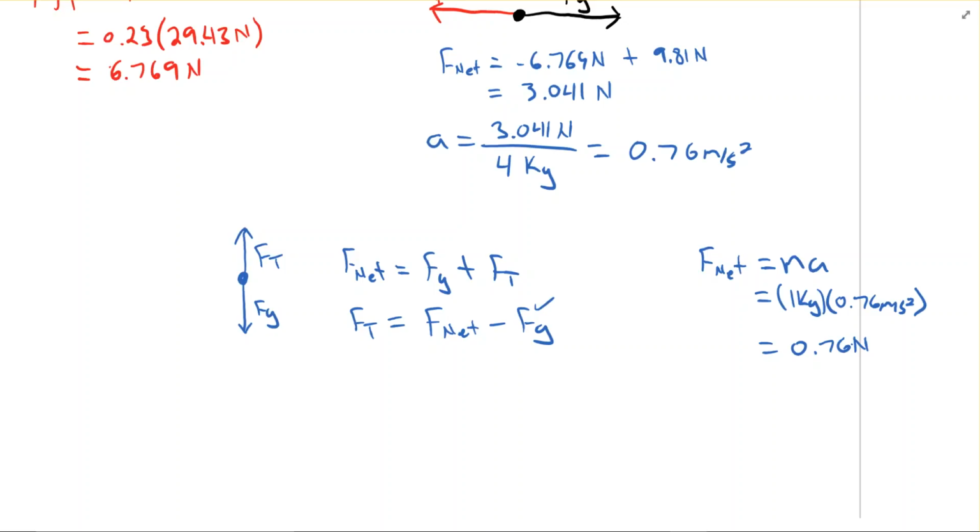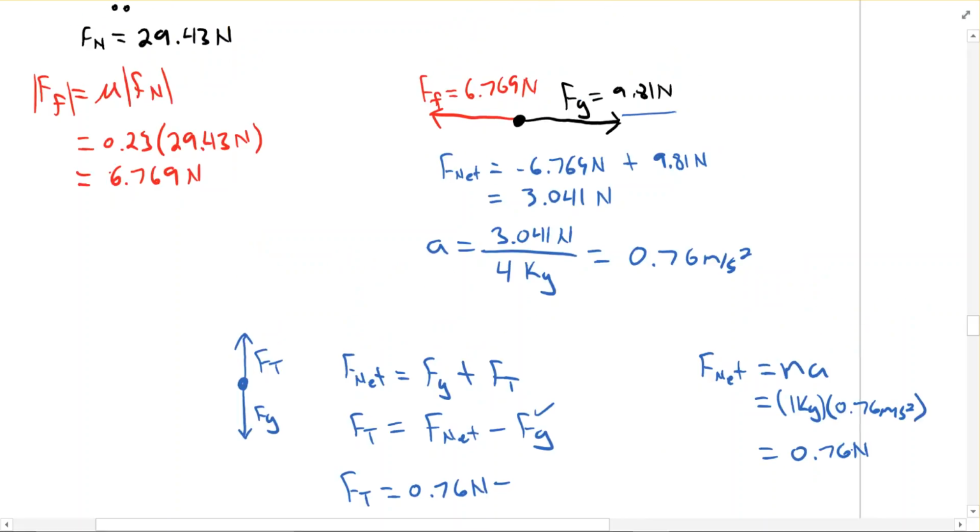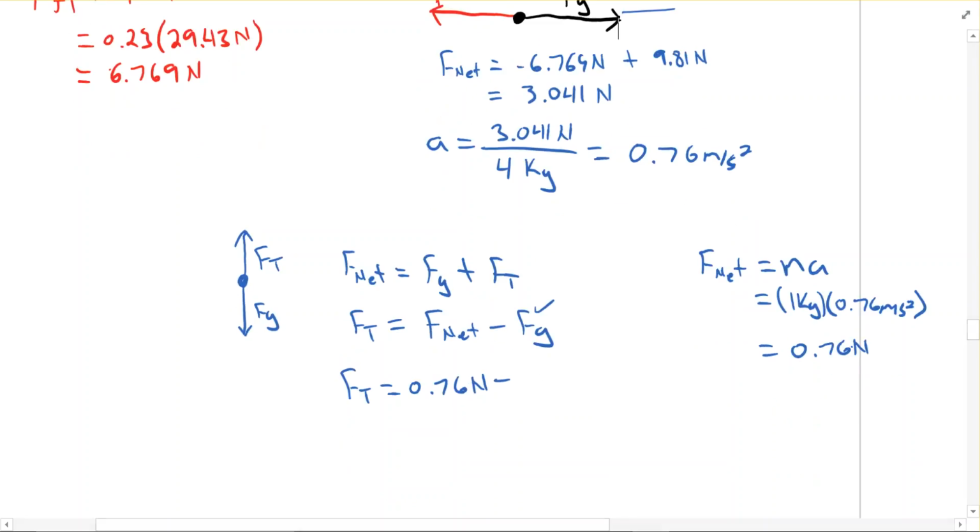All right, so let's just fill those in. So Ft is going to be 0.76 newtons minus Fg was 9.81 newtons. So Ft is negative 9.04